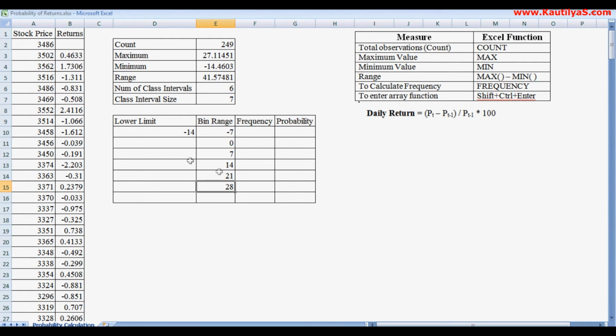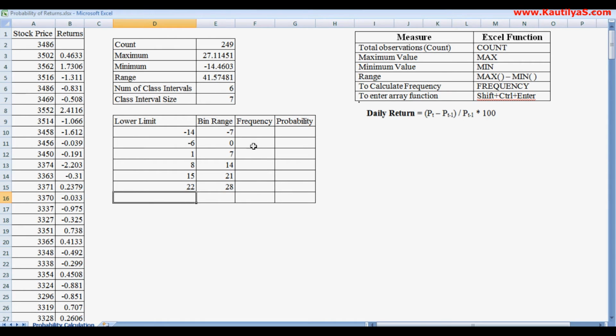If you observe, our maximum is 27, which falls within this range. So our class intervals will be -6 to 0, then 1 to 7, 8 to 14, 15 to 21 and 22 to 27.